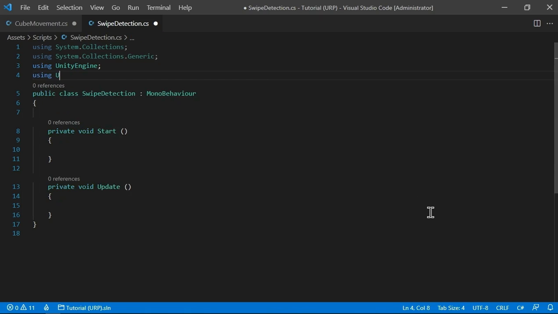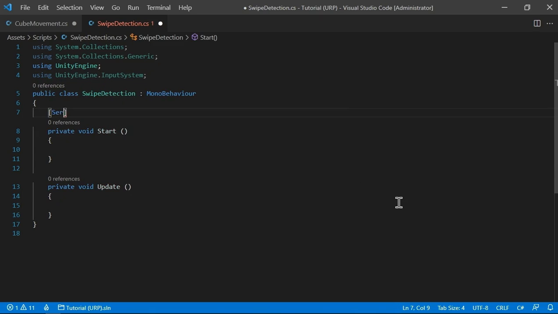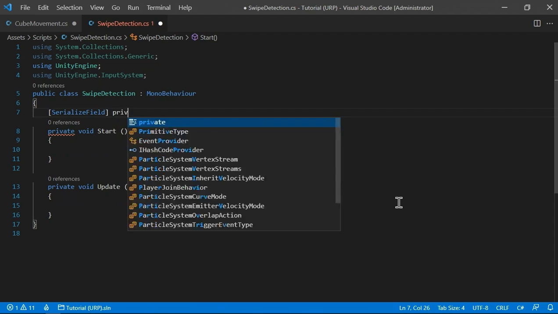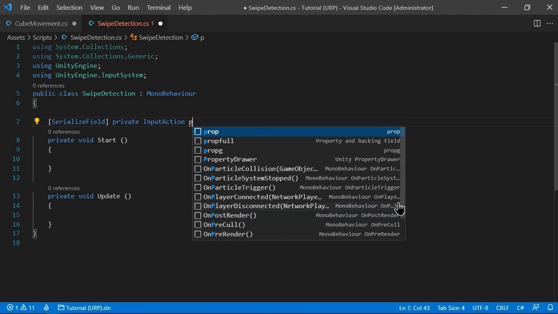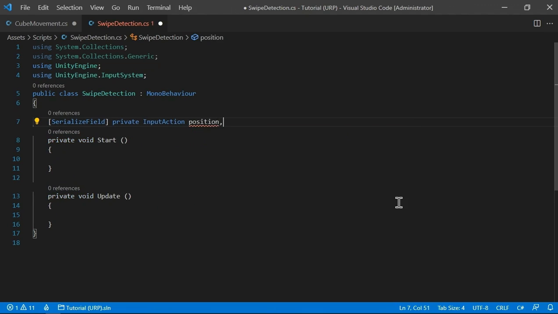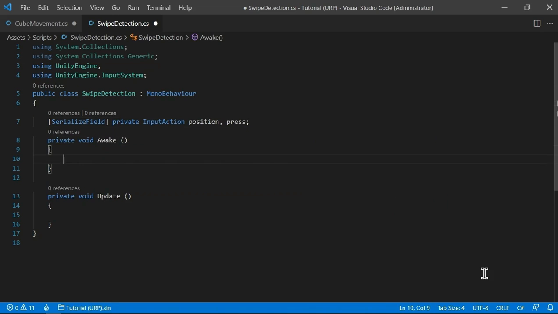So we want to be using the UnityEngine.InputSystem, and here we're gonna have two input actions. We want to know the position of the touch, and we want to know when it is pressed and released. And in the awake method, we're going to enable them. So enable,